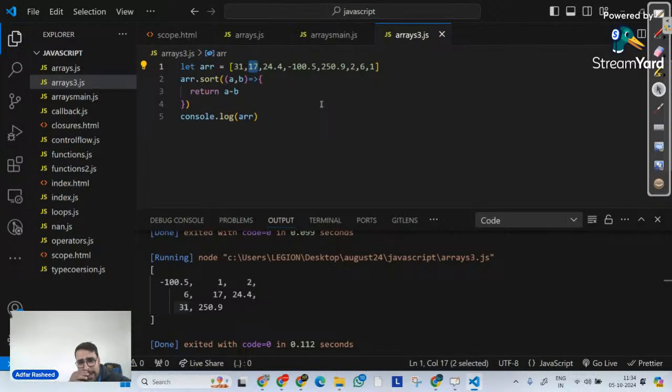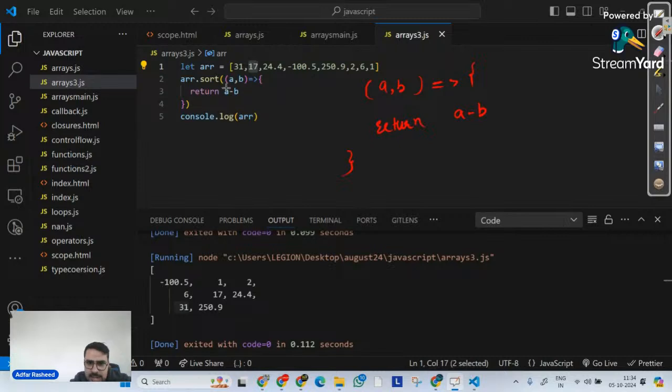Done. What is this particular function? Let's try to understand this, and you have to remember one very important point here. This function that I have passed, a comma b, I am going to simply return anything there, let's suppose a minus b in this case.